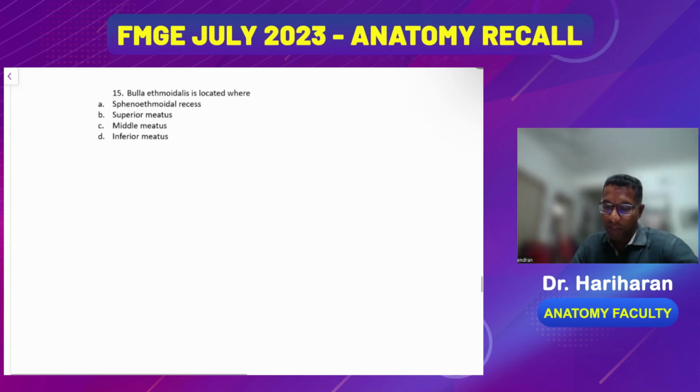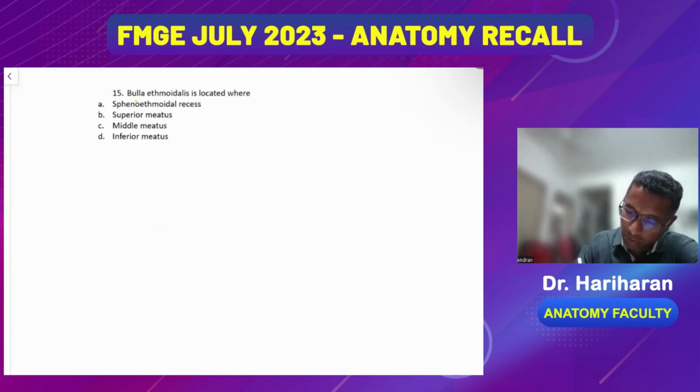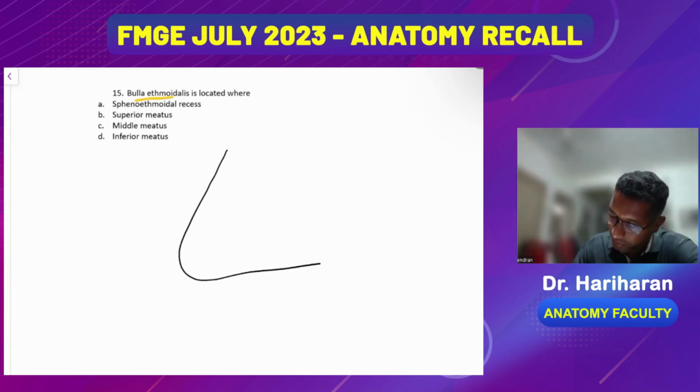Fine. So now coming to the 15th question, where is bulla ethmoidalis located. This can be an ENT question. We can consider this as an anatomy question also. So what is bulla ethmoidalis? Where is it seen? If you see the lateral aspect of the nose,